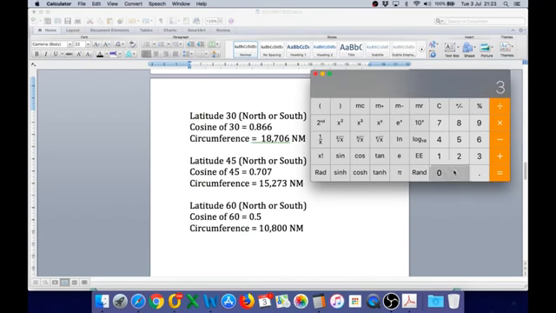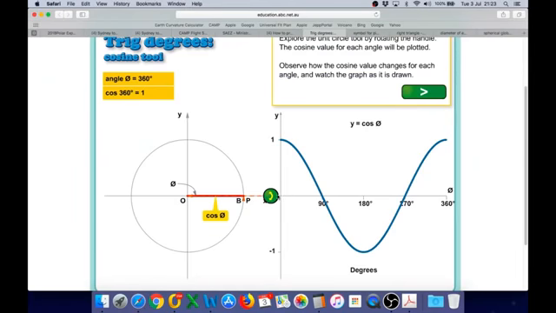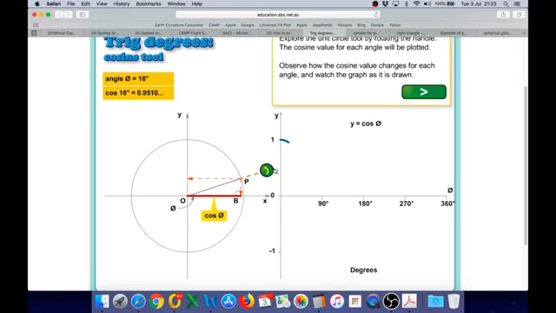We type in 30, we hit cosine, there's your 0.866. We multiply that by 21,600, and there's your 18,706 nautical miles. Now, just to show you that it does not matter if it is north or south of the equator, we can use minus 30 for a south latitude, hit the cosine, and it still gives us a positive 0.866. And the reason for that is because if we angle up 30 degrees,